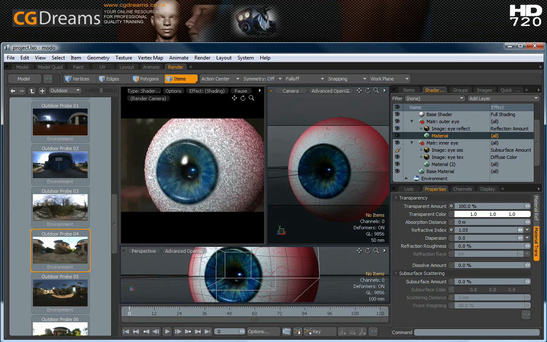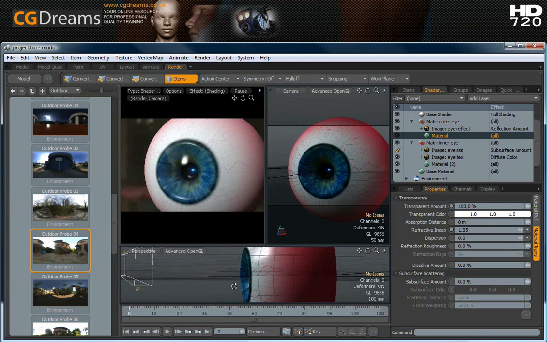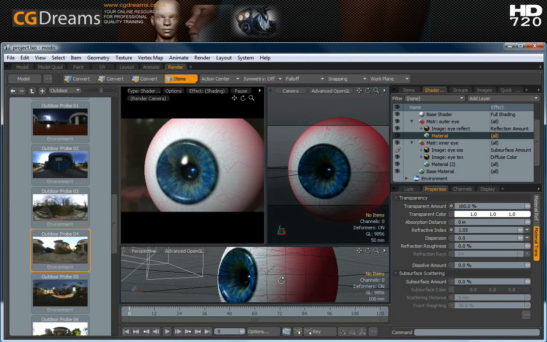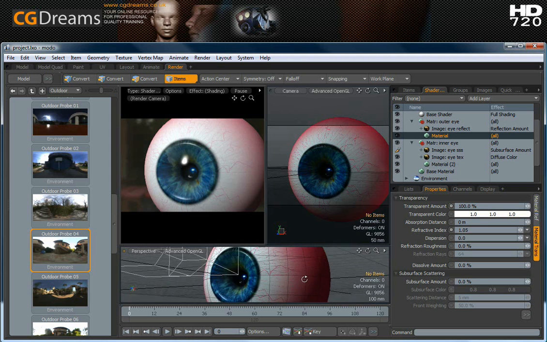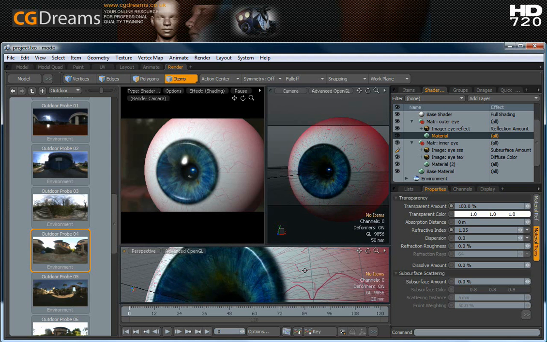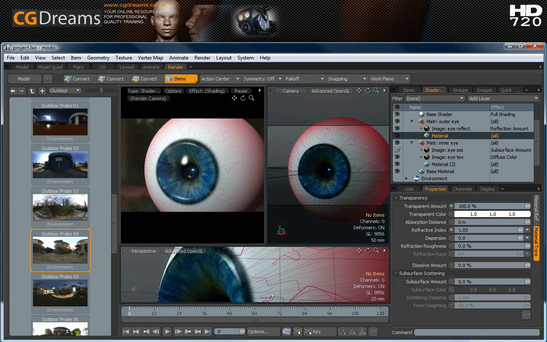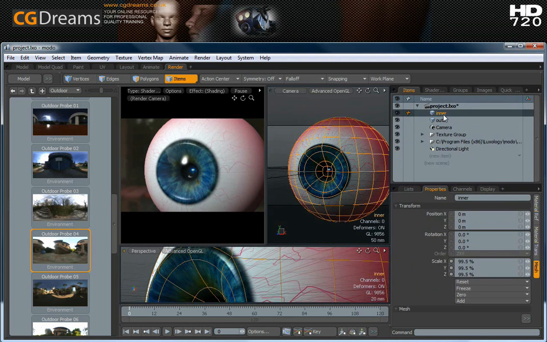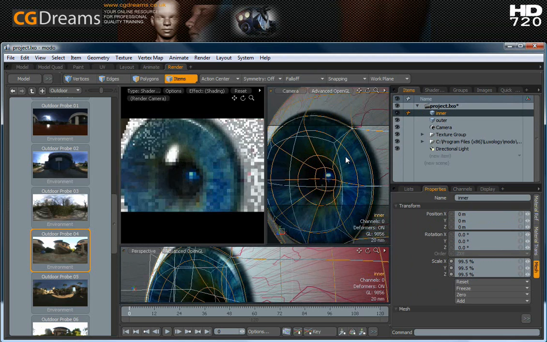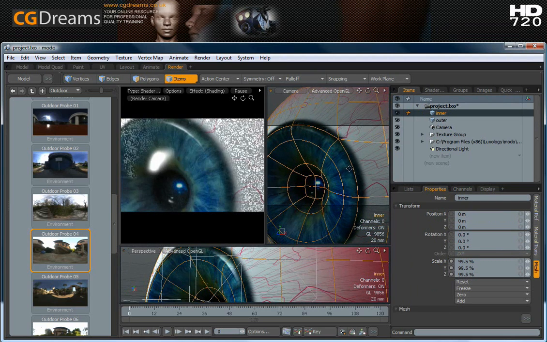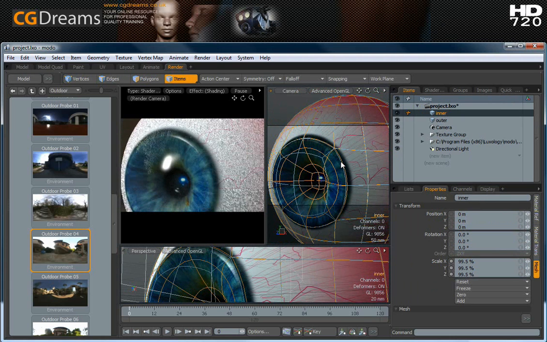Need to control that to get it just about the right amount that you want. That's not bad. Now if you've got any hard edges there you're not liking, it's very easy to fix this. It's just a simple matter of going in and selecting the edge of the geometry where you've got these edges and adjusting these. Now in this particular case it's the actual inner part of the eye where this edge is rather hard in there, and we can just eliminate this in two ways. Well, first of all, we can just move the edges in slightly,